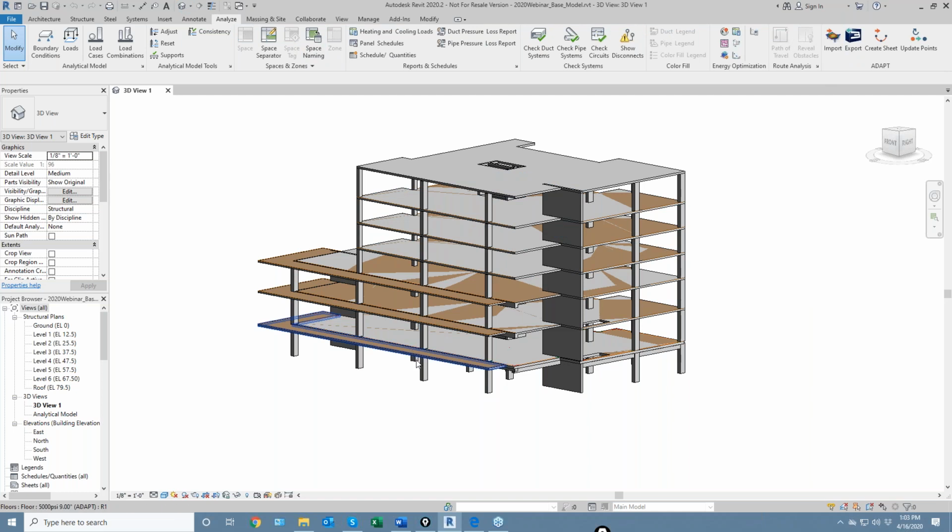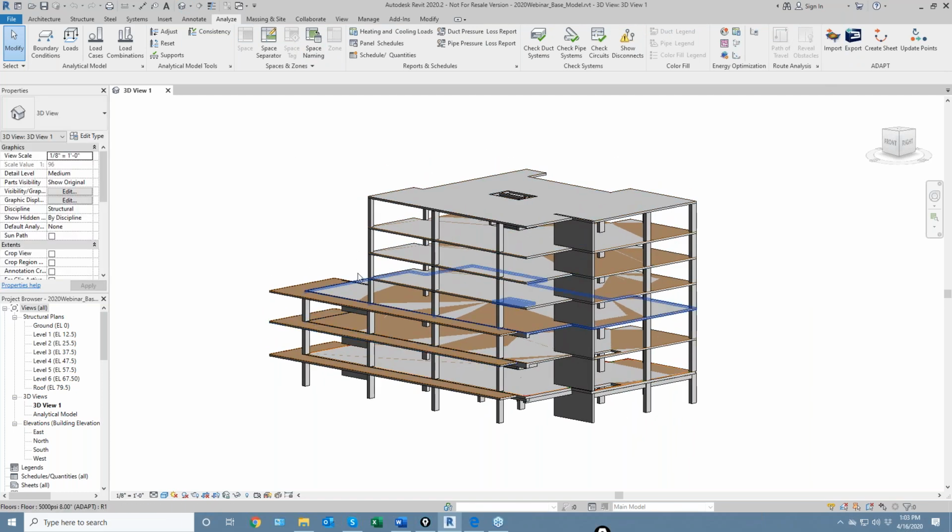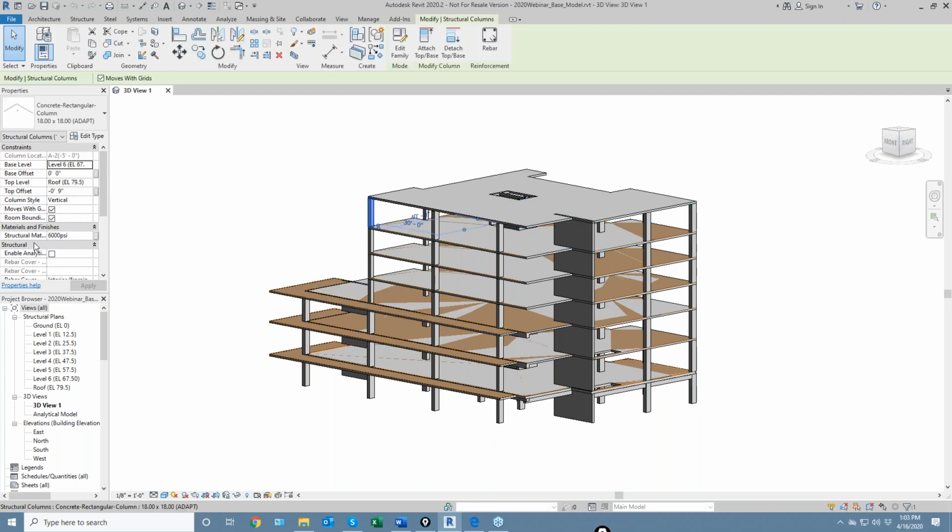I won't go through the nuts and bolts of the Revit export. We have a video that kind of touches on that, but just a few very quick basic things that have to happen in your Revit file. The components that can be transferred to Builder must be set as a concrete material. In other words, this column shouldn't be set as glazing or as sand or some other material other than concrete. You should have components that are structurally enabled here or analytically enabled, and then